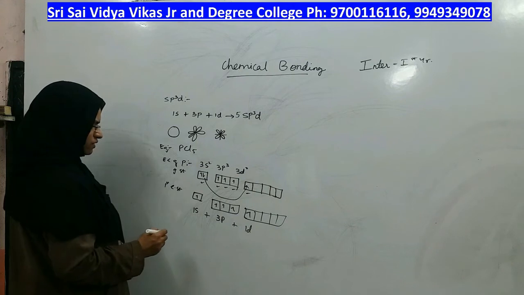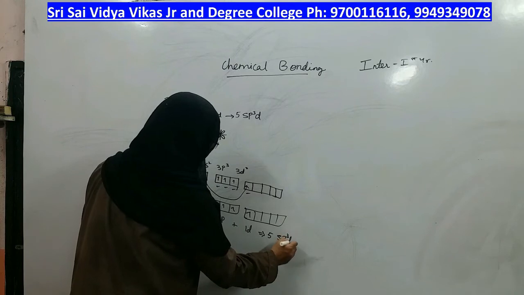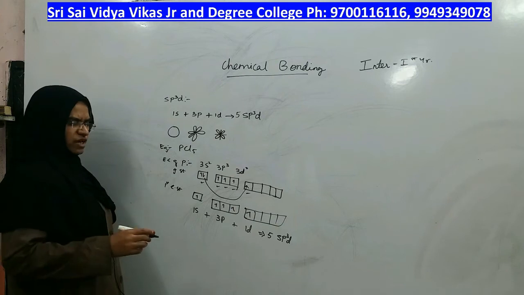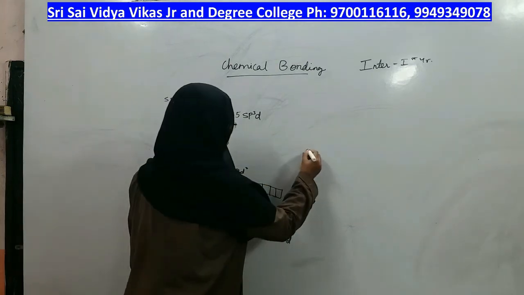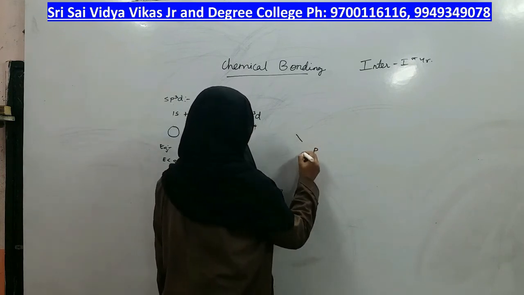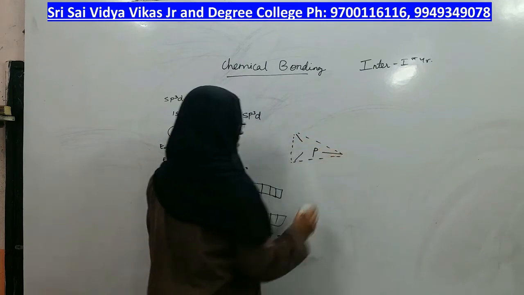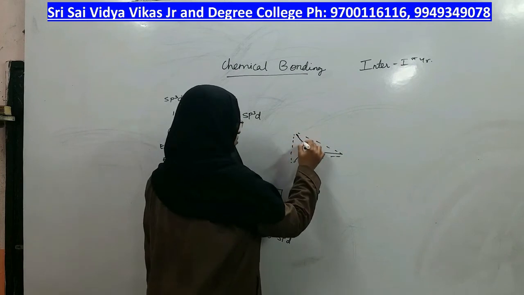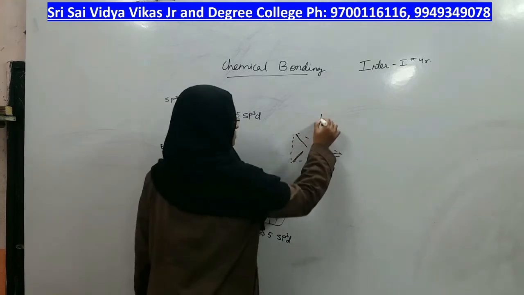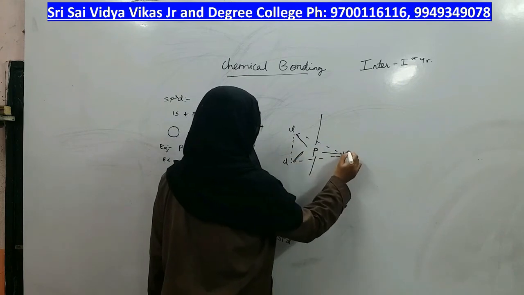And you will get 5 orbitals of sp3d hybridization. These 5 orbitals overlap with the chlorines to give a shape which is trigonal bipyramidal. Trigonal we have already seen in boron trichloride. This is trigonal, right? Bipyramidal means on this triangle there is one at the top and one at the bottom. All these 5 are nothing but chlorines.